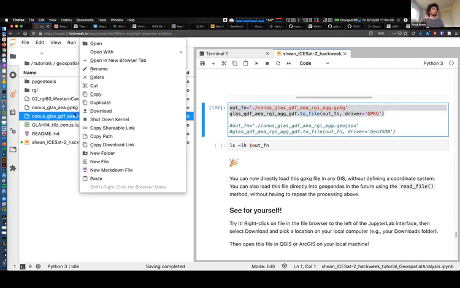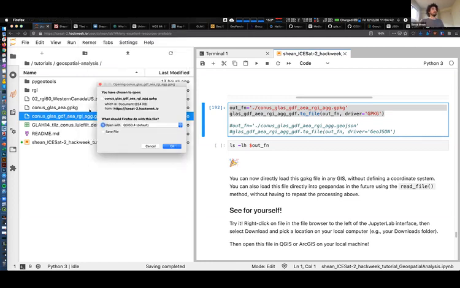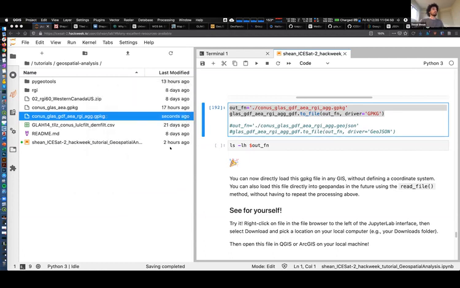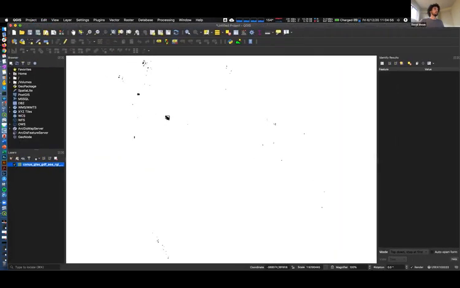And one of the cool things we can do in Jupyter Lab is we can right click on that and say download. And that will immediately pop up on my local computer. It's pretty small, it's less than a megabyte. And my operating system says, oh great, we can open this with QGIS. And I believe that happened, it's over here, but just to show you that this actually works, it loaded that